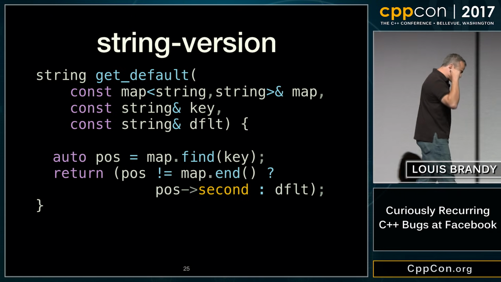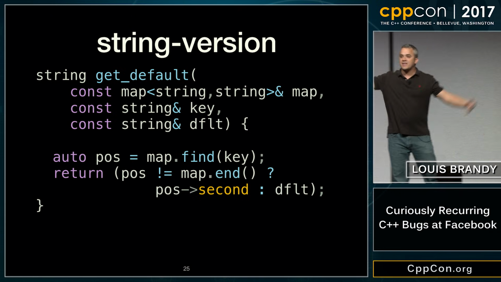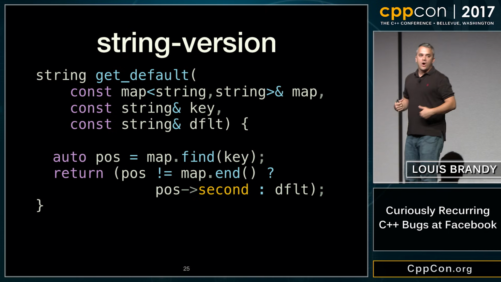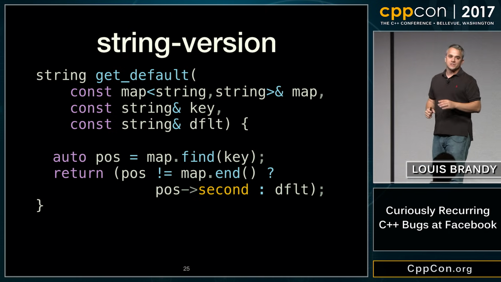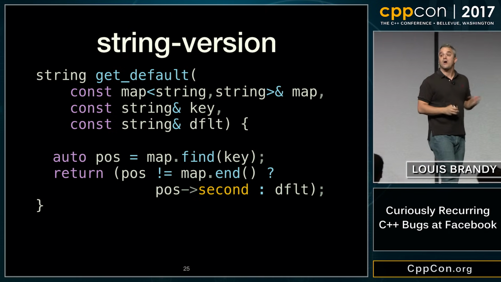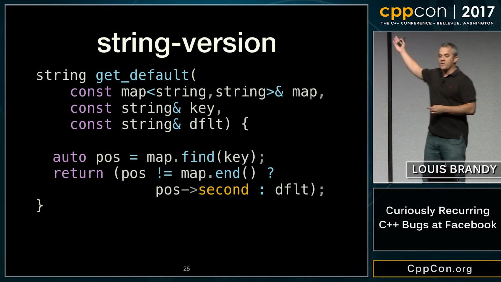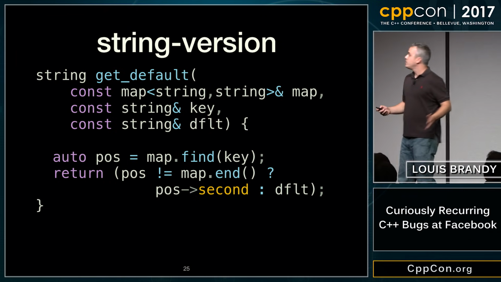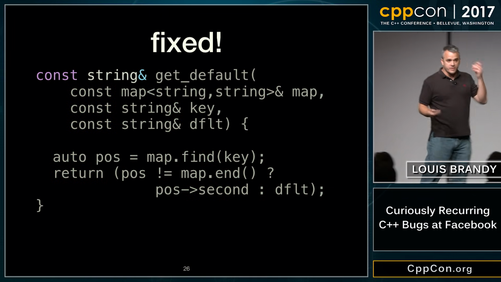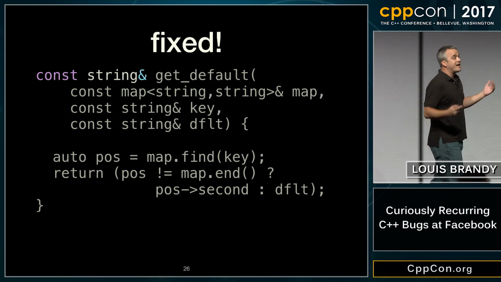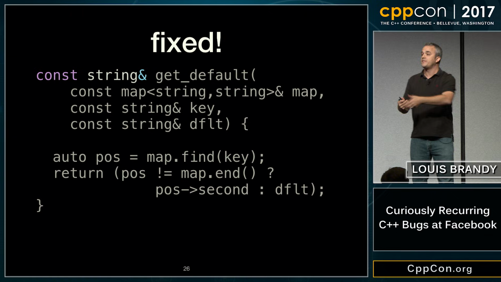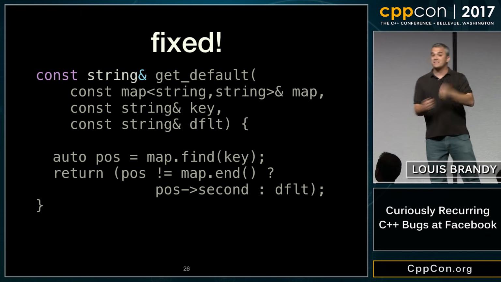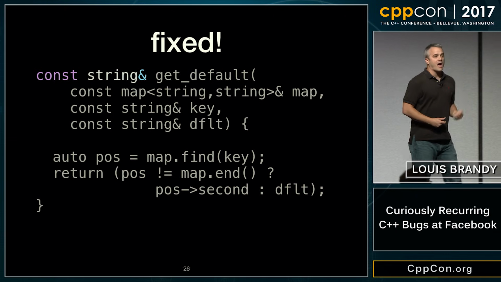That means there's a copy here, an unnecessary copy. And when I was proposing this talk and I was saying, hey, give me ideas for bugs that have been recurring, so many people mentioned, oh, having extraneous copies is a really common bug. Oh, it is, isn't it? Well, how do you fix it if you hate extraneous copies? Easy, right? We know how to fix it. We return a reference to the string. This works great if the key is in the map. I don't have to copy the thing out of the map anymore.